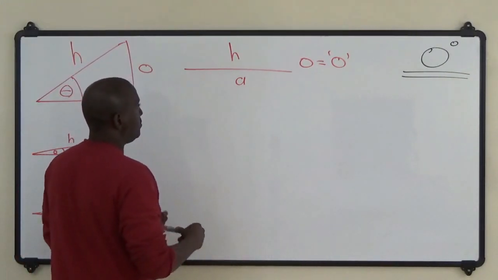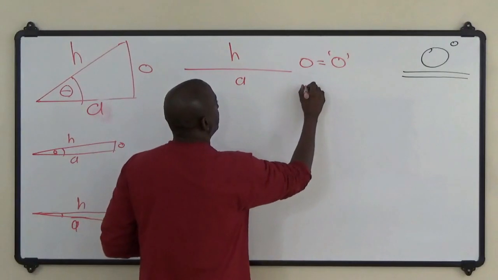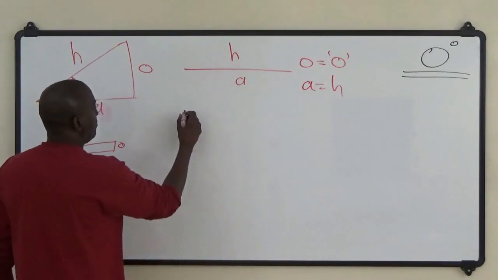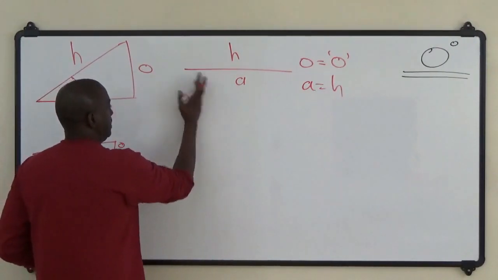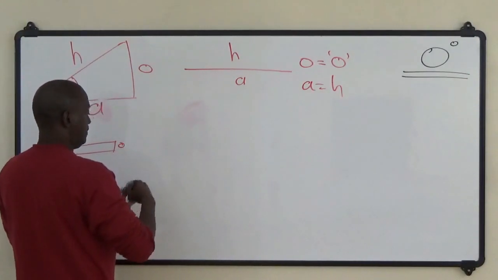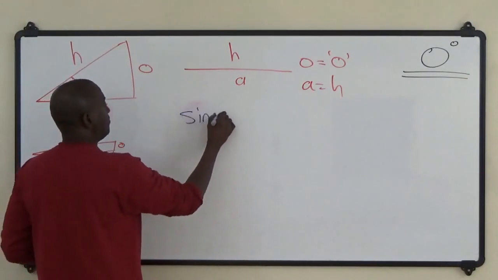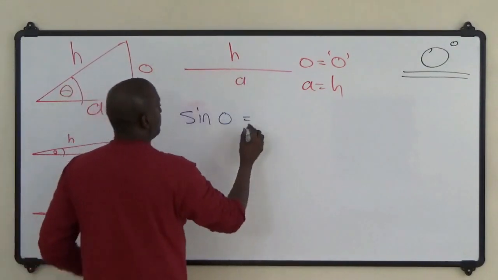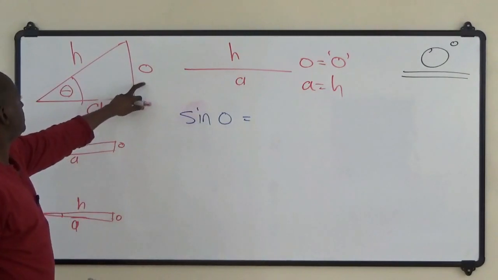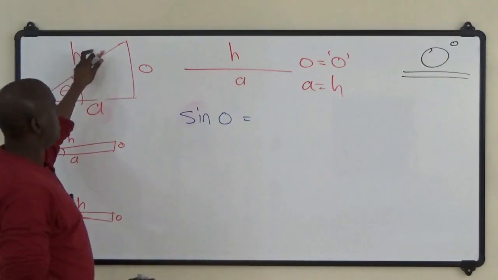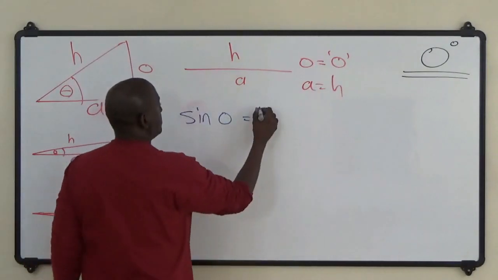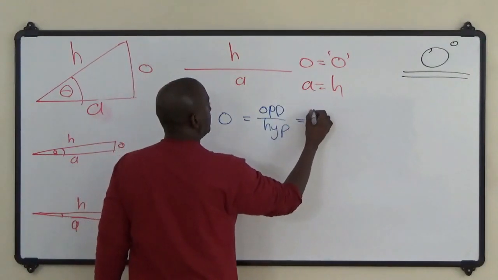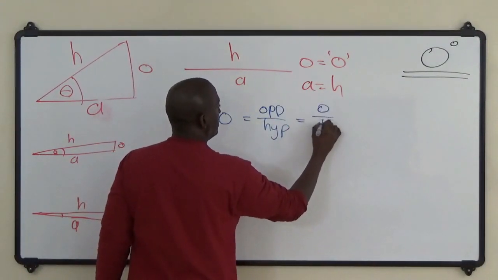Well, O equals 0 and A is equal to H. The adjacent is equal to the hypotenuse. All right? So therefore, the sine of 0 degrees, or we could just say sine 0, would be equal to opposite over hypotenuse. Of course, the opposite is 0. So your sine of 0 is equal to opposite over hypotenuse, which is equal to 0 over H, and 0